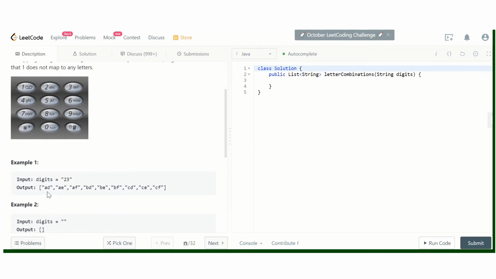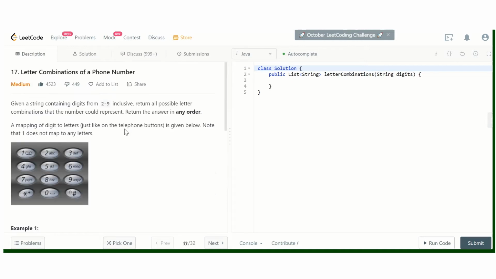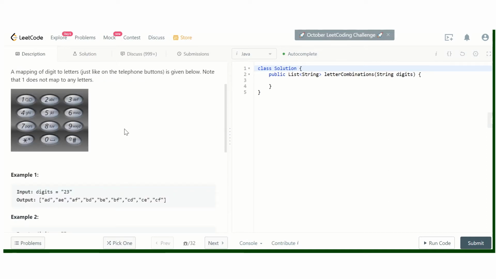So for the digits 2 and 3, there are 3 into 3, which is 9 combinations. I have to output all the combinations that can be made with the digits we are provided. So how can we solve this problem?